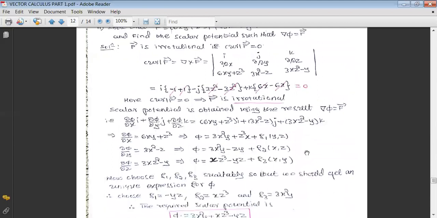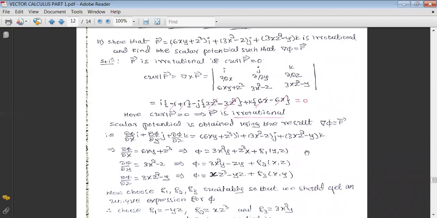Now, there are some examples based on that irrotational vector. Now, let us go for solving of those. Show that f bar equal to (6xy plus z cube) i plus (3x square minus z) j plus (3xz square minus y) k is irrotational, and find the scalar potential pi such that del pi equal to